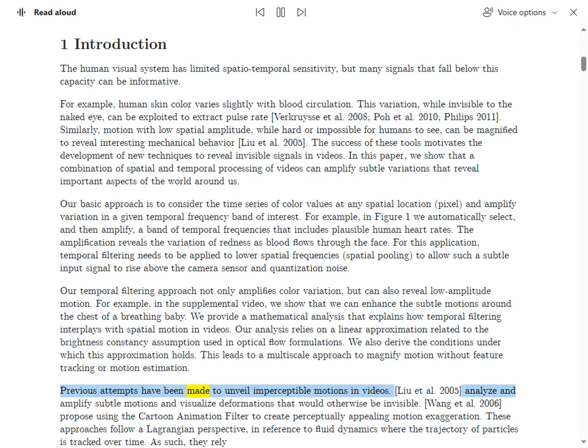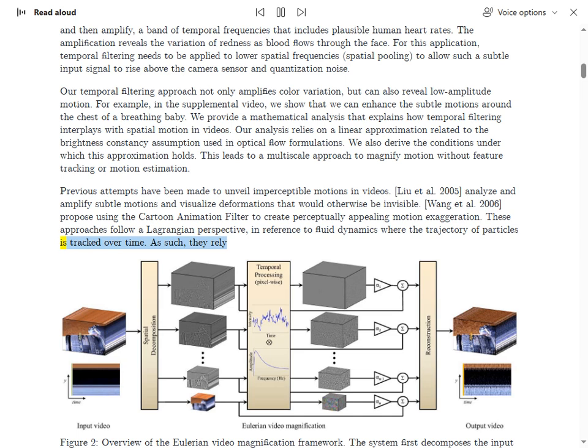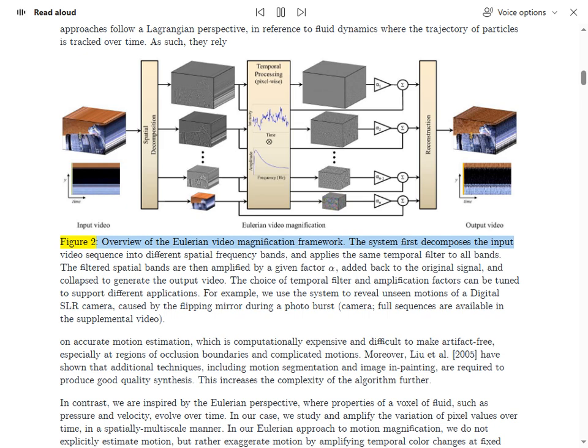Previous attempts have been made to unveil imperceptible motions in videos, analyze and amplify subtle motions, and visualize deformations that would otherwise be invisible. Others propose using the cartoon animation filter to create perceptually appealing motion exaggeration. These approaches follow a Lagrangian perspective, in reference to fluid dynamics, where the trajectory of particles is tracked over time. As such, they rely